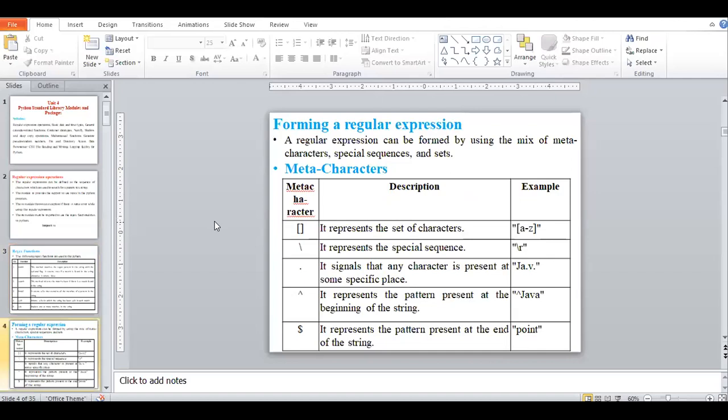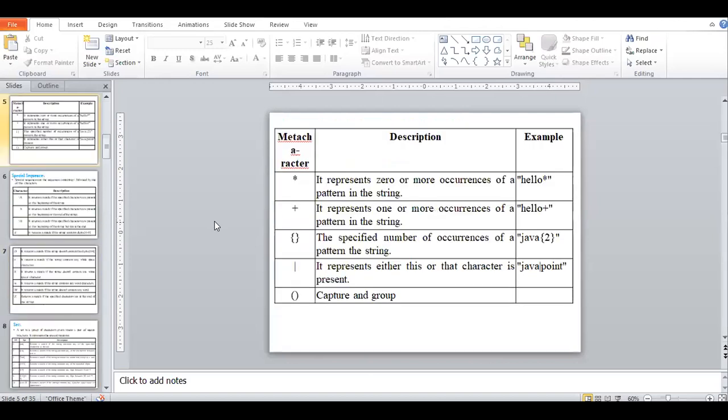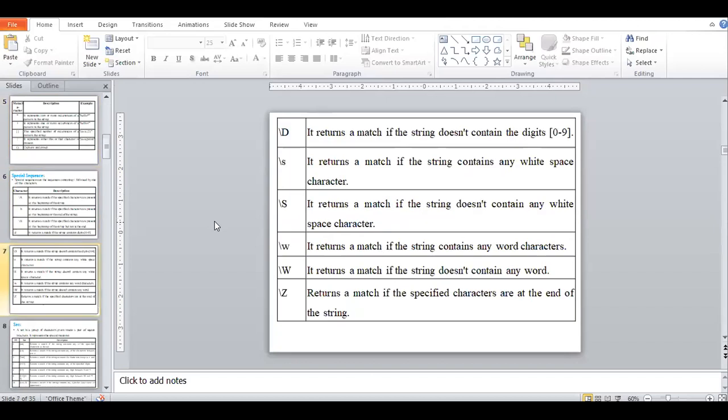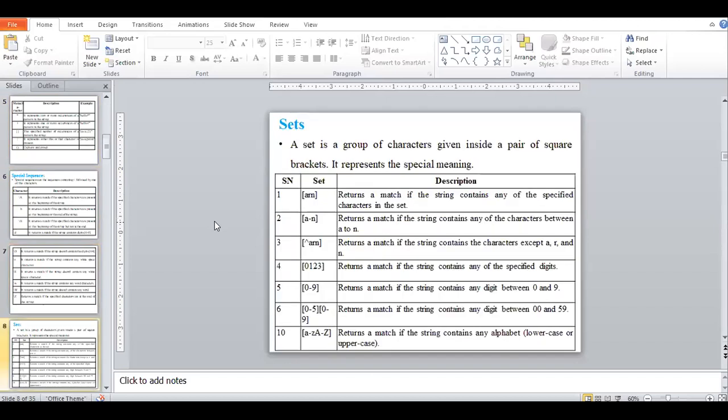After that we performed some operations using brackets, slash, exclamation, dollar symbol, multiplication, plus, opening and closing curly brackets, all those operations, and some special sequences. After that we saw sets.